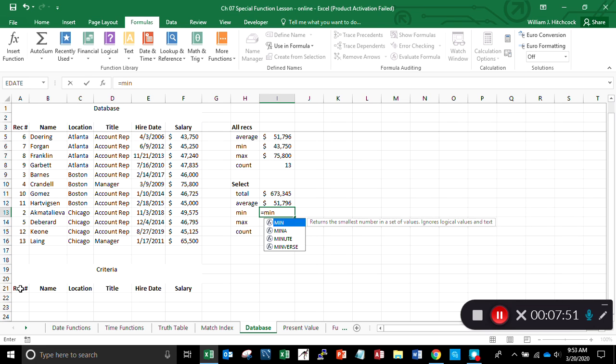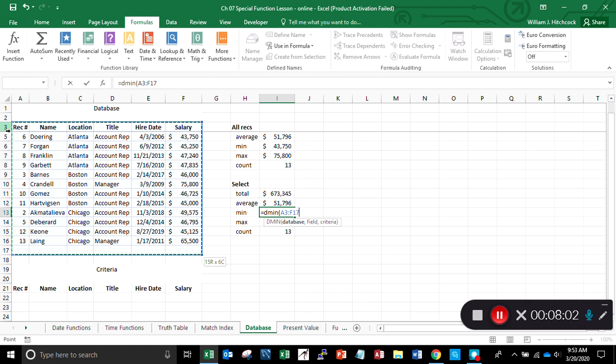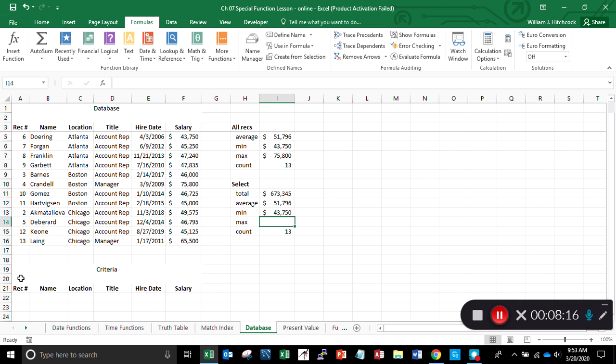Equals DMIN for database min. My database, click, shift and down, right, comma, field again is going to be salary, comma, criteria, shift and right, down 1, we've got that, and finally equals DMAX, parenthesis, my database,